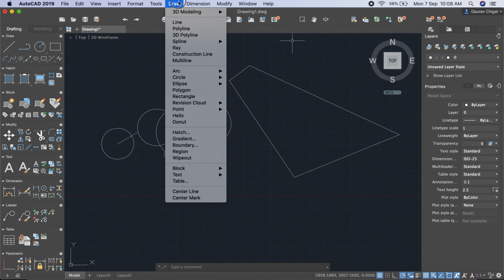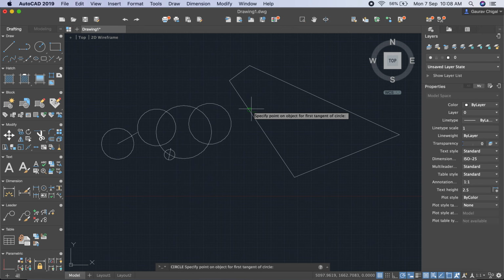So go to Draw, click on Circle, click on tan tan radius. We require 2 tangents and 1 radius, so you can select any of these lines, which act as tangents. I click this line, I click this line, so you define the 2 limits of the circle. Now you have to define the radius of the circle. Let us say the radius is 100, enter.